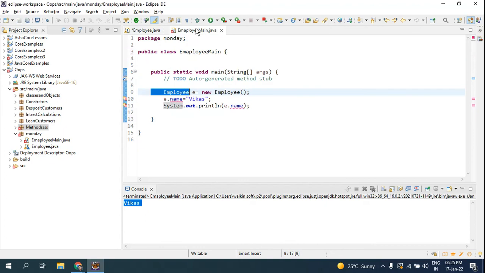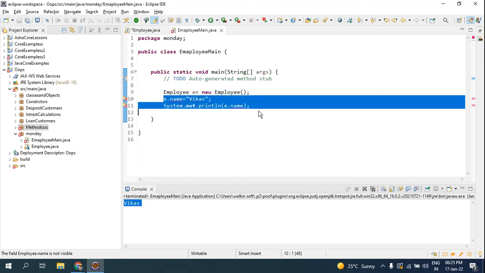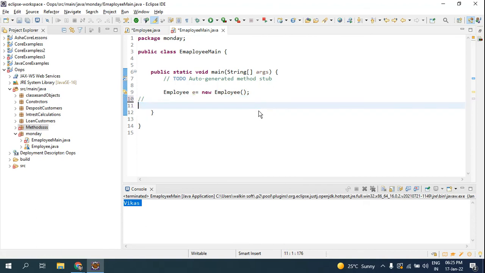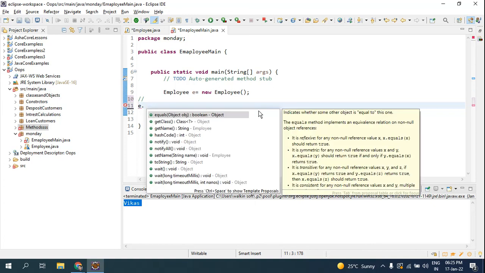Now how are you going to access those methods? You have created the object and here you have to initialize. So I will comment it out because right now it is giving me errors. So how to assign values when the attribute is private? It gave you an error, right? So now what I'm going to do is e dot setName.